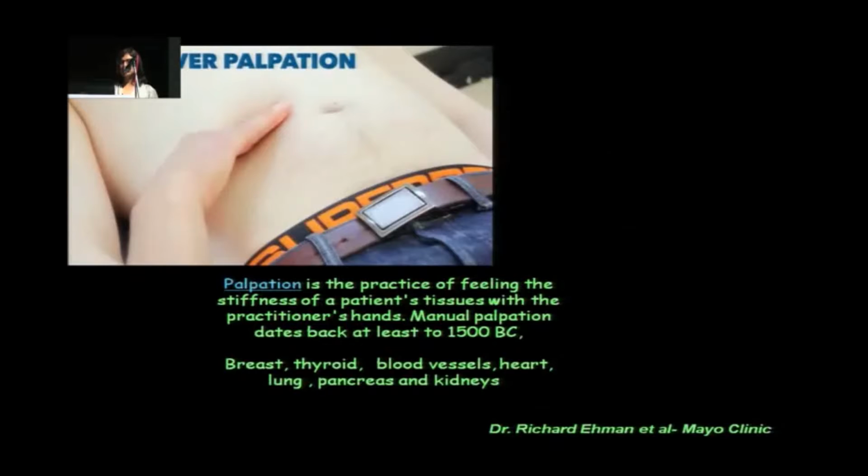MR Elasto can do. So we all know, we all have done this palpation of liver, of body tissues, which allows us to understand whether there is any hardening or is the liver, etc., or other organs soft. And this is the same thing that we use for the principle of MR Elasto. So you can also use elasto in other parts of the body, including brain. We'll talk about that a little later.